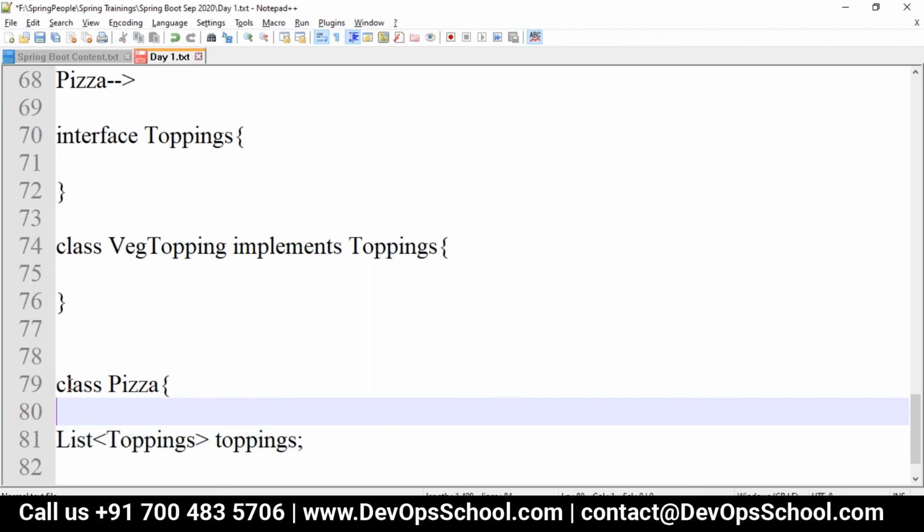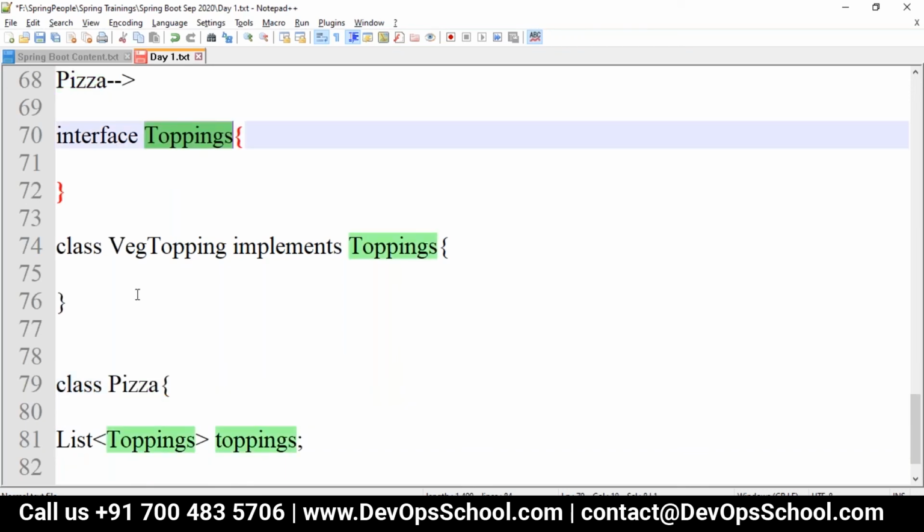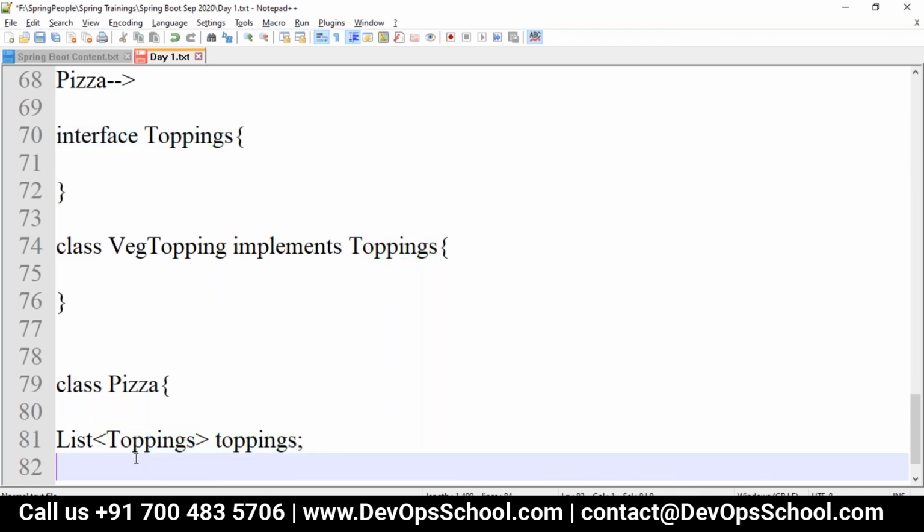So we make a class. The class is dependent on your interface, not on the class. So it's abstraction. That's the definition which I was saying. In the SOLID principles, the D says the high level module should not depend on the low level module, but both should depend on abstraction. So here it depends on the abstraction, and we can inject it by using any principle.